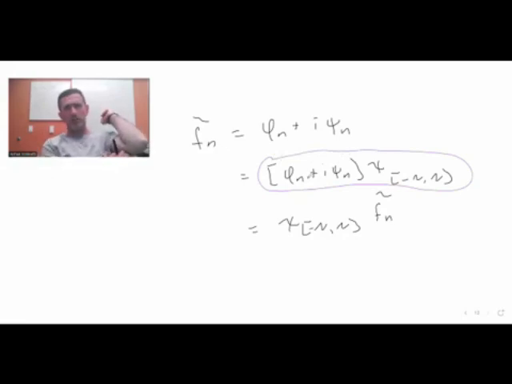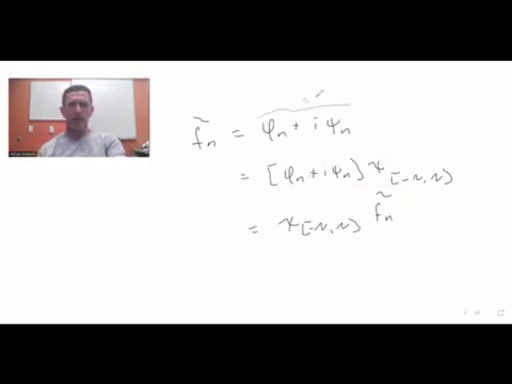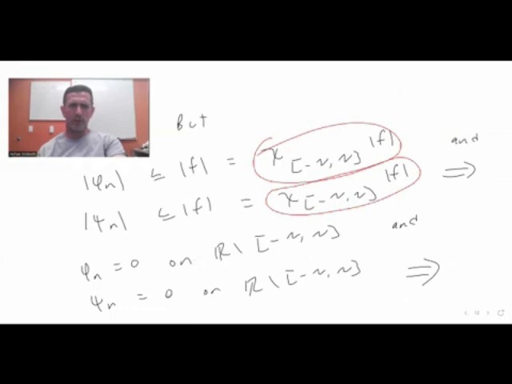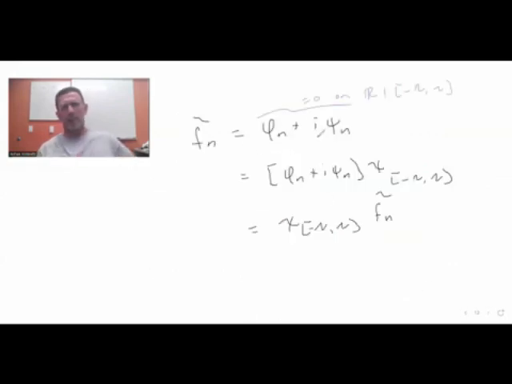So fn tilde is 0 away from minus n to n. We just proved that both of these are 0 on R take away minus n to n. So that means this Fn has to be 0 on R take away minus n to n. Well, this is also 0 on R take away minus n to n. So they're both 0 on R take away minus n to n. And on minus n to n, they're obviously equal. Okay,